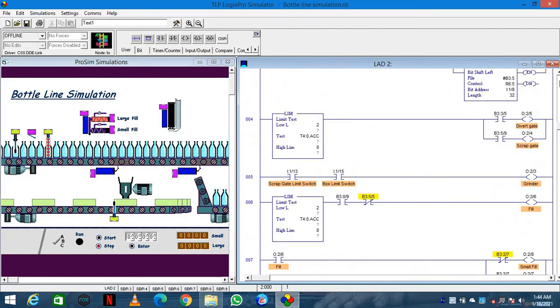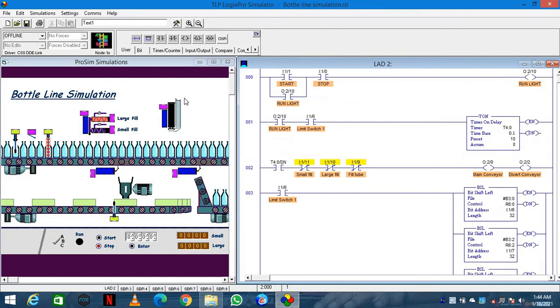Here I will explain the bottle line simulation using Logix Pro. First, let me explain the ladder logic diagram. Here, the start button is used in order to start the process. When the start button is pressed, the run light will be on throughout the process, and when the run light